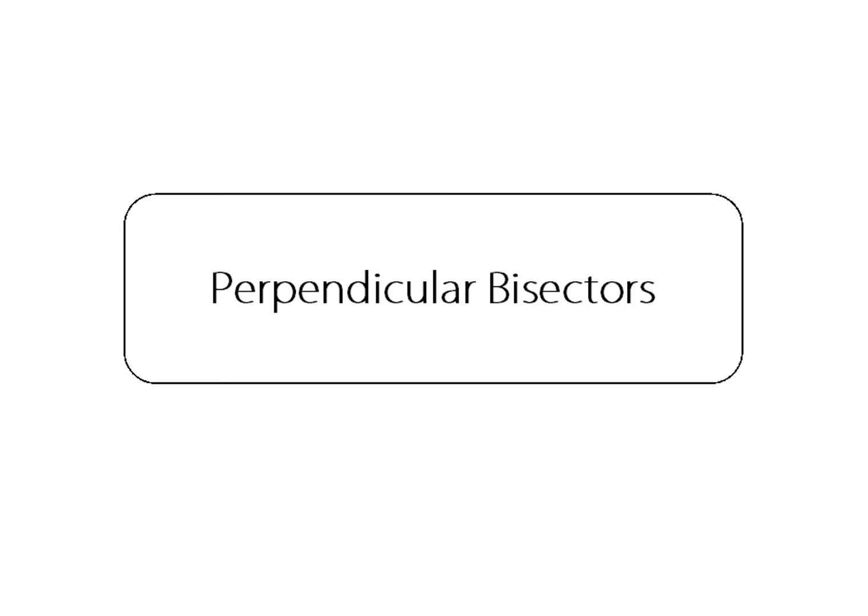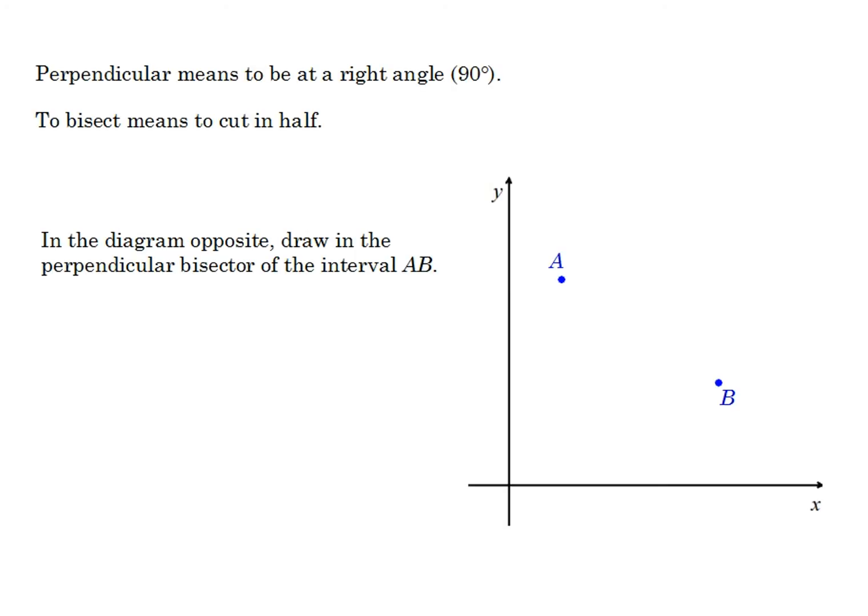Perpendicular bisectors. So just to interpret what a perpendicular bisector is, we know that perpendicular means to be at a right angle, and to bisect means to cut in half. So if we're trying to find the perpendicular bisector of the interval AB, so here's the interval AB,